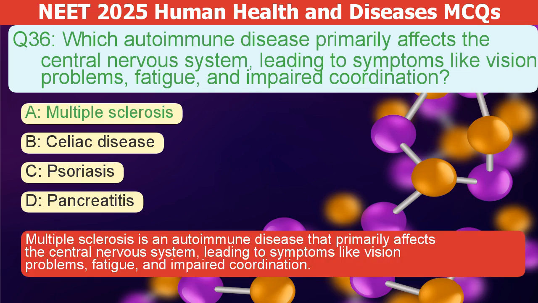The correct answer is A. Multiple sclerosis is an autoimmune disease that primarily affects the central nervous system, leading to symptoms like vision problems, fatigue,